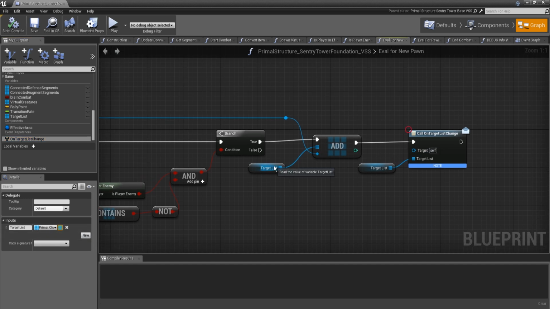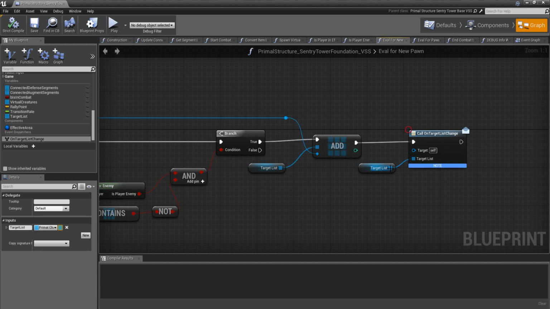Now, after we have added or removed anything from our target list, we want to call that. The reason I made this is so that our VSS buff can bind to this, and then without having to pull the tower foundation, we can see when this list changes.